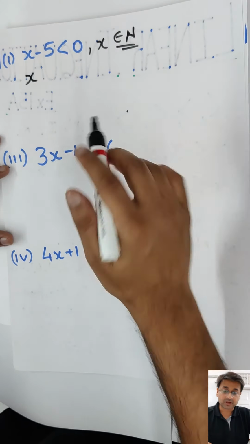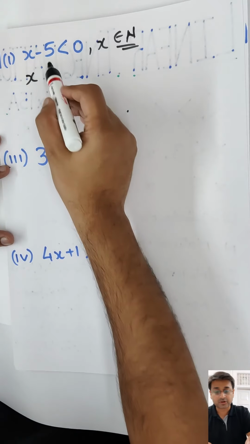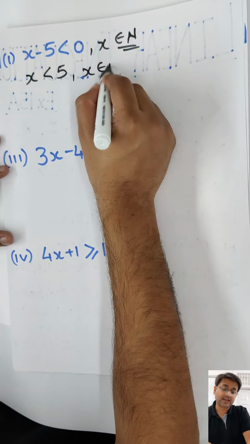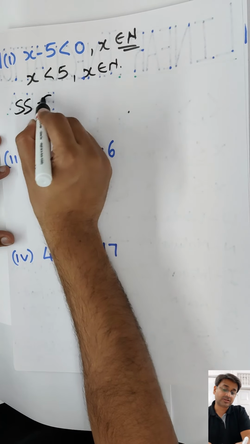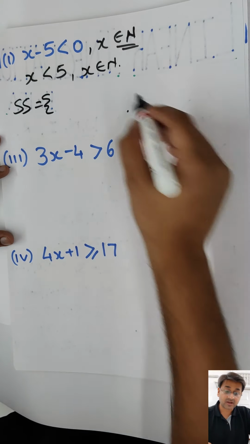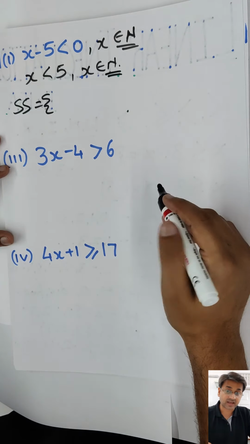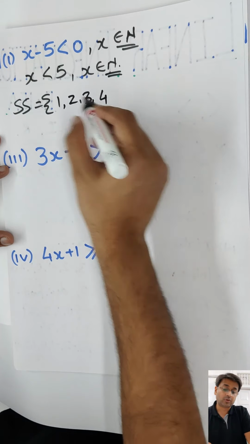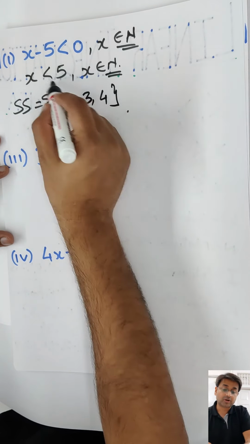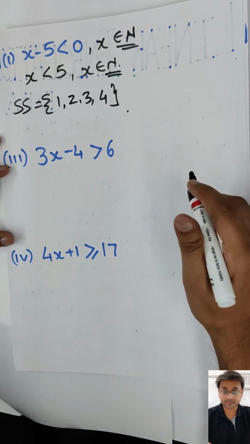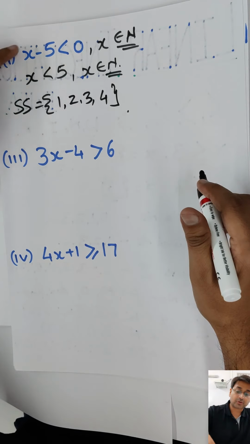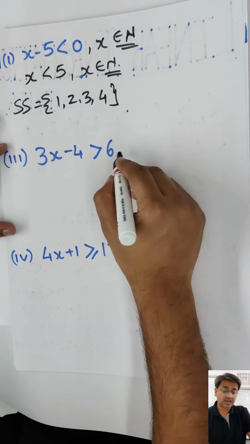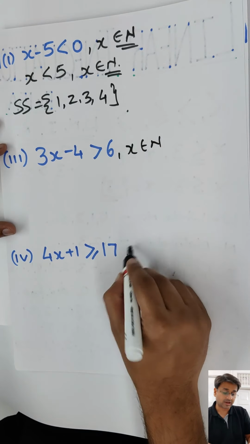So normal formula, whatever we do for equations, same thing we're doing here. Minus 5 goes on the other side, becomes plus 5, and x belongs to N. So my solution set: x is smaller than 5 but natural. Both conditions I have to fulfill. So natural will start from 1 and it will go till 4. 5 is not inclusive because it's not equal to, so only till 4. Easy. So only 2 steps you'll have to do. First solve this and then write the solution set based on both the conditions. In all these cases, x belongs to N.